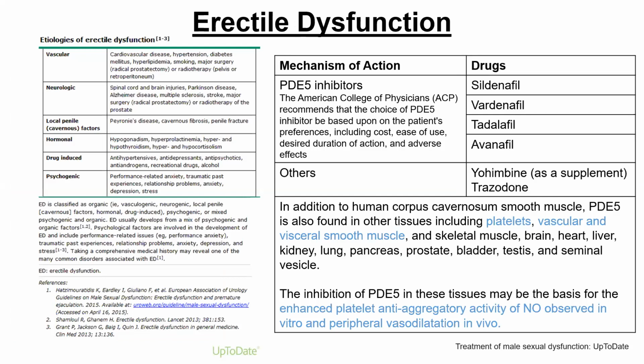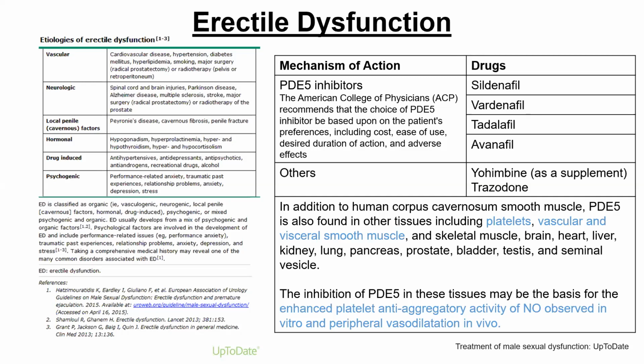What are the underlying conditions? If you're on the left side, if you look at that, and this is, by the way, straight from the UpToDate, and you can just search for that on UpToDate and you find all these information there as well. So what I have here is just to give you an idea, there are different reasons that could interfere with the process of increasing blood flow. And that could be vascular, and that include your cardiovascular diseases, hypertension, diabetes, and others. Or it could be neurologic, spinal cord injury, brain injury, Parkinson's. It could have a problem with the local factors as listed here, or hormonal,